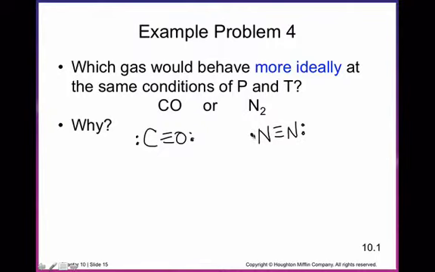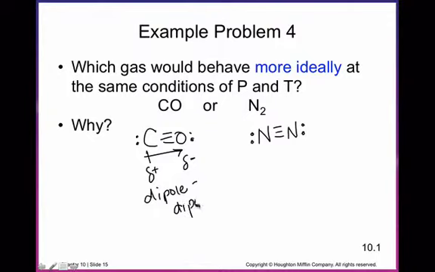So when we're looking for gases to behave ideally, we do not want them to have intermolecular forces. We don't want them to interact with each other. This one is a polar molecule. The oxygen is more electronegative than the carbon, so there's going to be a partial negative charge towards the oxygen and a partial positive charge towards the carbon. That means that this has dipole-dipole